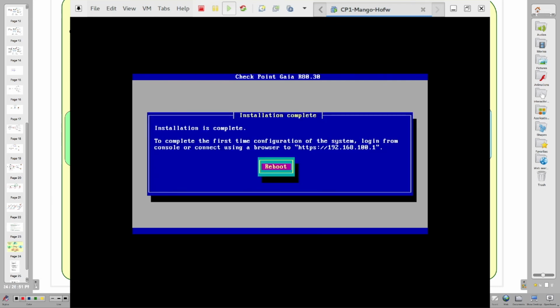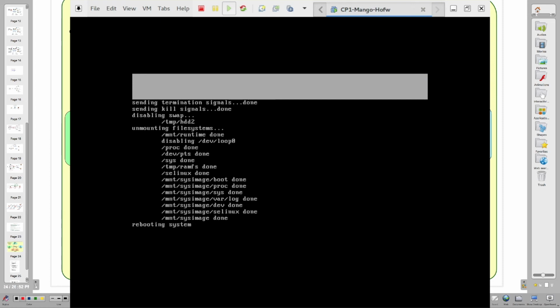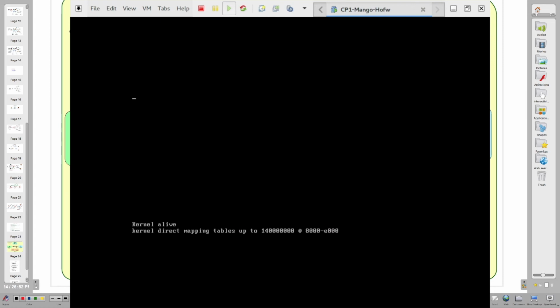Now I reboot the system. So we installed the Gaia OS here.